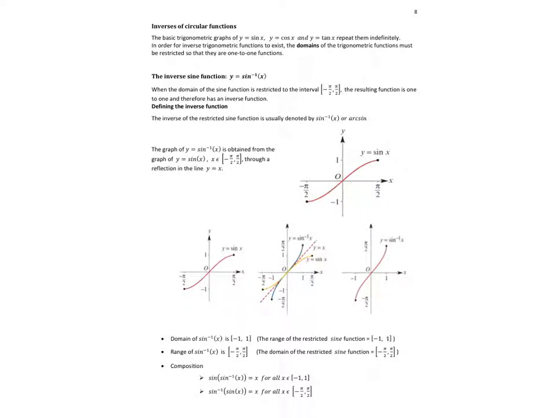Okay, so the key is to remember that for a function to have an inverse, it has to be a one-to-one function, doesn't it? Which is the restriction that we've made here. So that's the restriction we decide for sine x. The function is one-to-one there between negative pi on 2 and pi on 2, which means my inverse function, I guess, is the equivalent of saying in some respects,